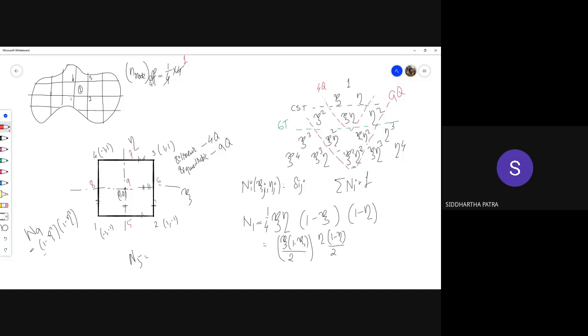Okay. Because obviously the node number is going to be a little higher, because at the boundary there are only nodes on either side of the boundary. But mostly if it is a large mesh, then you would see the number of nodes and number of elements are very similar. Achha, now